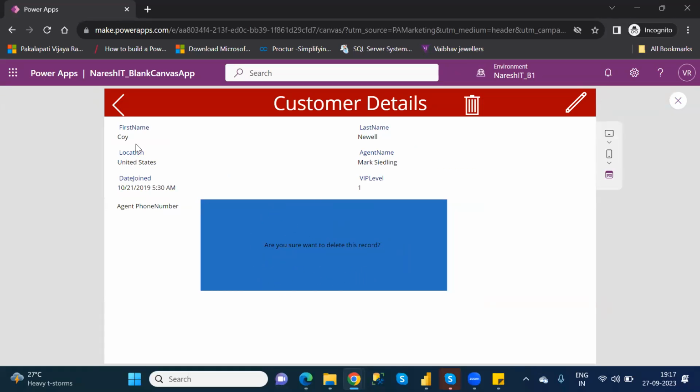Instead of clicking those two buttons, if I try to click on this one, that operation will be performed here, but I don't want that. Whenever the confirmation message comes, the background screen and all the elements there should be deactivated. That means if I try to click on any of the options, it won't work. That is what I want to do.